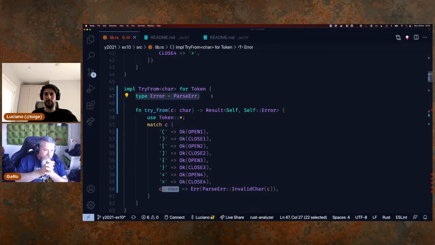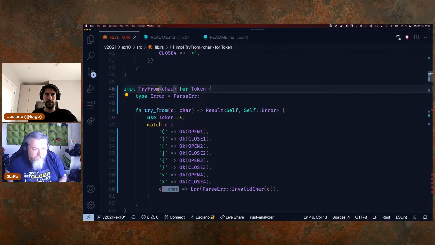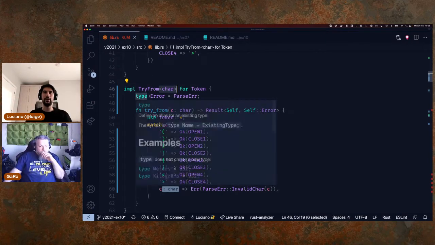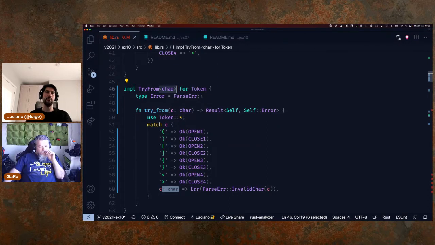Okay. In Rust, you have two types of generics. You have generics like this one here, a char. So when you have a type that contains other types, and that nested type you can change based on how you want to use the original type. Like you have this wrapper type and you can specify the inner type. And then you have associated types, which are more in the context of traits. And the difference with, they are actually quite similar. So they both are a form of generics. The only difference is that this one